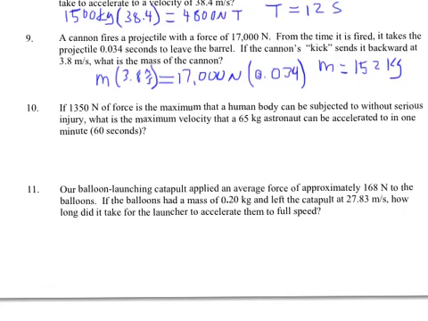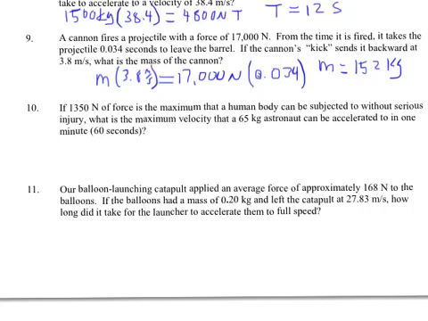Okay, let's try this one here. Here's the maximum force the human body can be subjected to without serious injury. I looked that one up on the internet. I hope the internet told me the truth. Let's see, the maximum velocity a 65 kilogram astronaut can be accelerated to in 60 seconds. Oh, hey, I guess NASA had to figure this out, huh? We don't want to hurt our astronauts. We don't want to apply any more than this much force to their body.